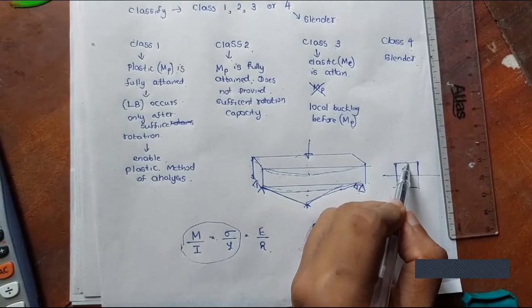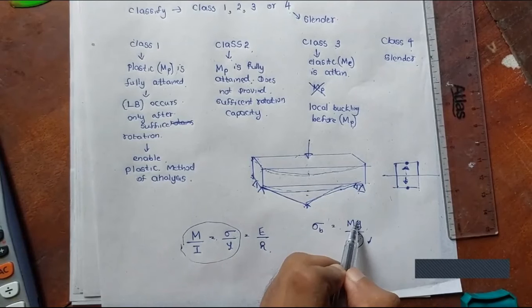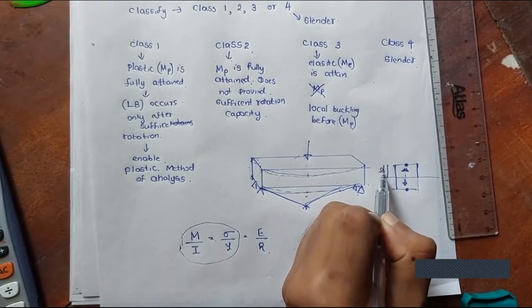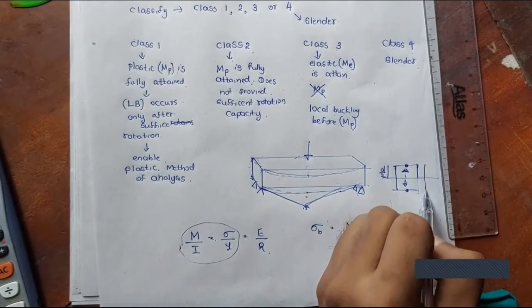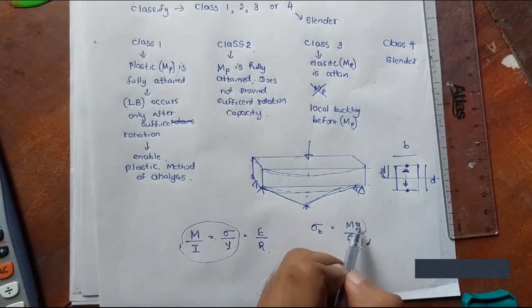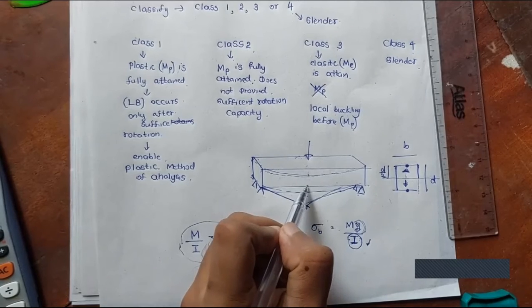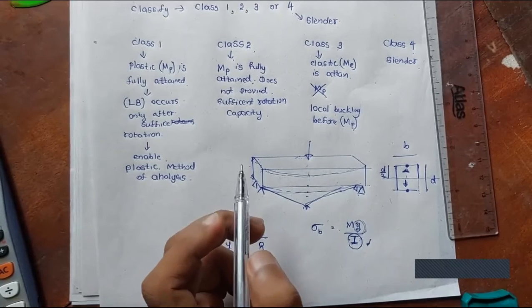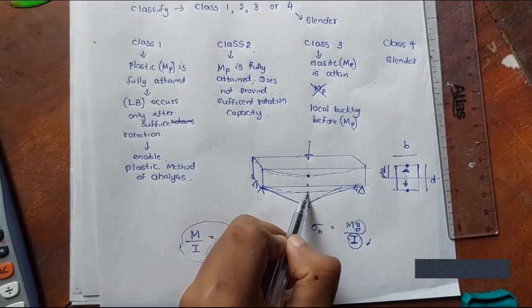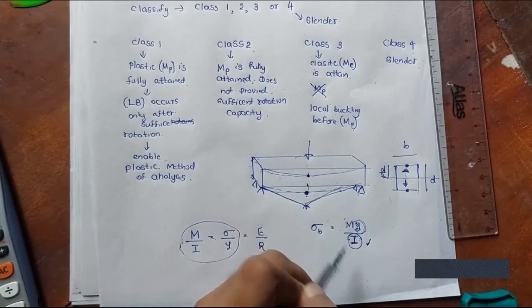So at the top fibers you have the maximum compression or the maximum tension, so that means the y value is fixed, so that's going to be always d over 2, right? Let's say if it is d, if it is b, so the maximum moment location is the midspan, right? So we can take the maximum fiber is in this way or that way, right, where the bending moment is maximum, and